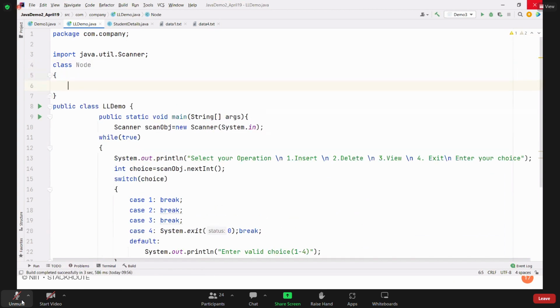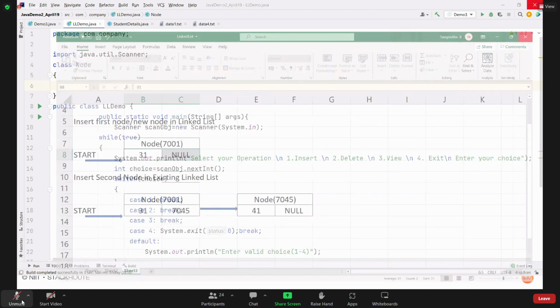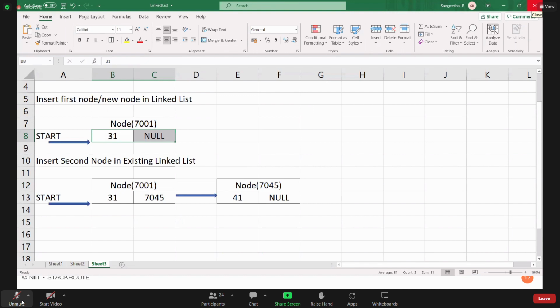In C++, they have mentioned it as structure. But in Java, the class is a type where it holds all the mixed types of data. So in a linked list, a node can be represented with the help of a class. What does a node consist of? You take this diagram. I assume this is a node. Node consists of